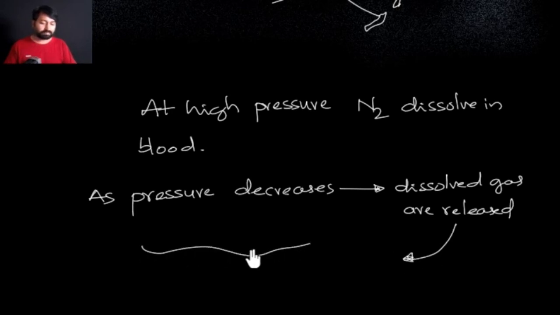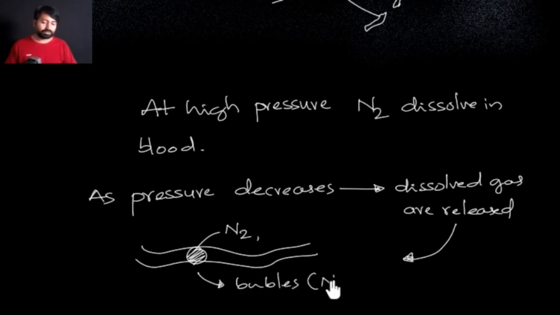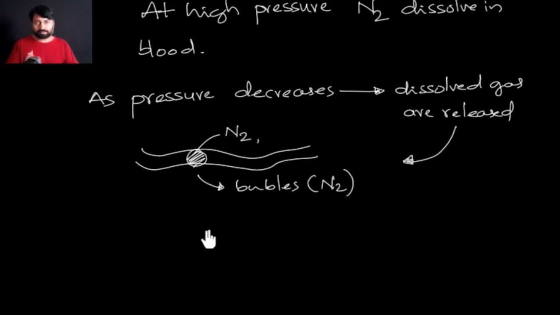If you assume that this is a blood vein or vessel, a bubble is created in it. This bubble is maybe nitrogen gas or some other gas. Let me write here, nitrogen gas bubbles are created, and these bubbles in a vein make a swelling, and after that if the pressure is very low, at that moment it can break the vein, and the blood along with the nitrogen gas escapes from the skin, and bleeding takes place.